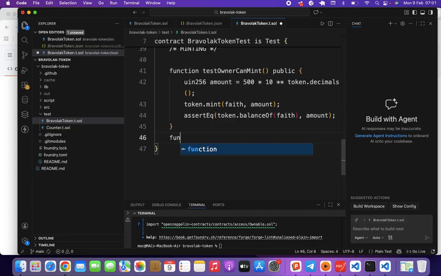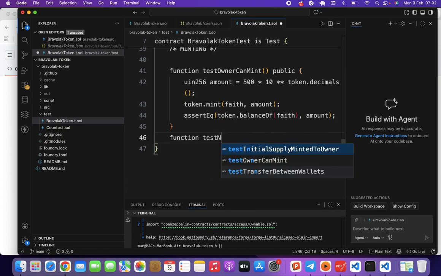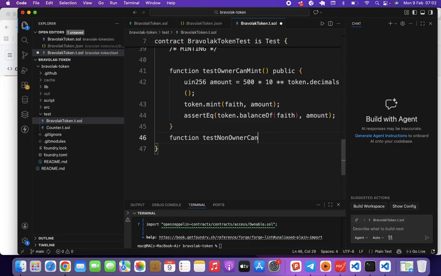Then the next function: let's test that non-owner cannot mint. So the first one is testing that owner can mint. Remember, you should be able to test for negative conditions and other edge cases too. So function test non-owner cannot mint. We want to test that someone who is not the owner cannot mint. So to test that non-owner cannot mint,